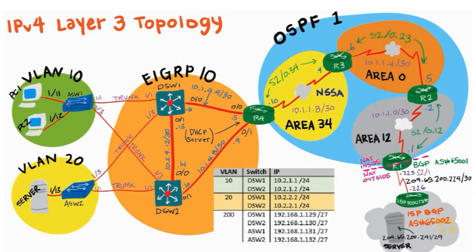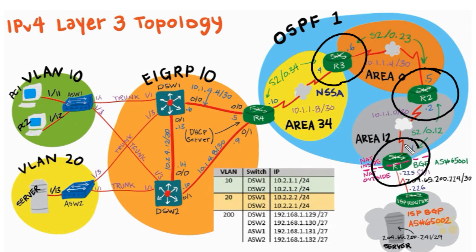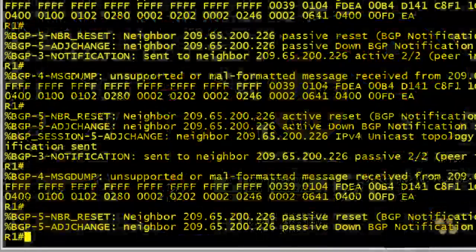So now we have some choices to make. Because R3 doesn't have a default route, we could go to R2 and see if it has a default route, or go to R1. And again, it's just a matter of preference where we'd go to first. And for this ticket, let's jump over to R1 and just see whether or not R1 has a default route to get out to the internet. And if it does, then we can go back to R2 and see if R2 does or doesn't have it and see what possibly is going wrong there. So here at router 1,